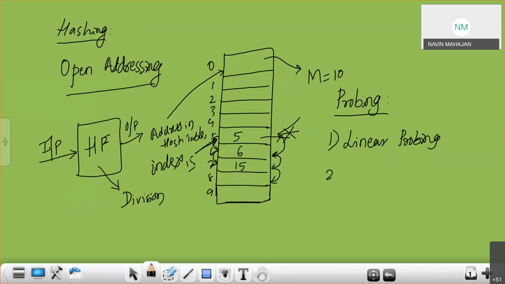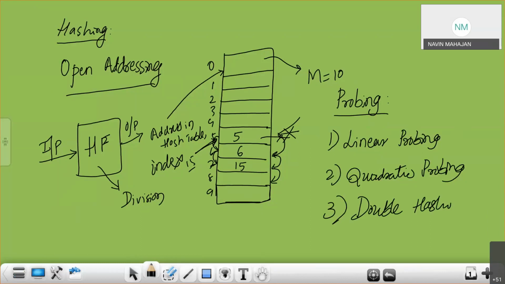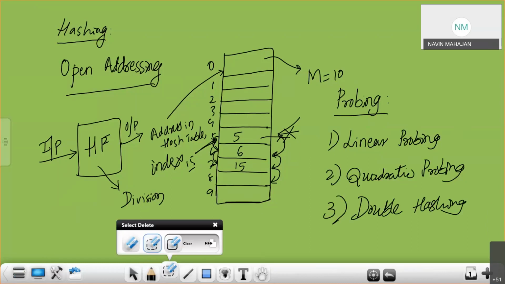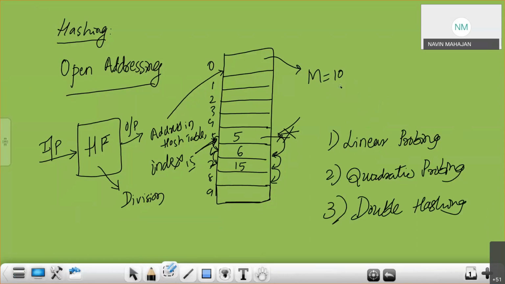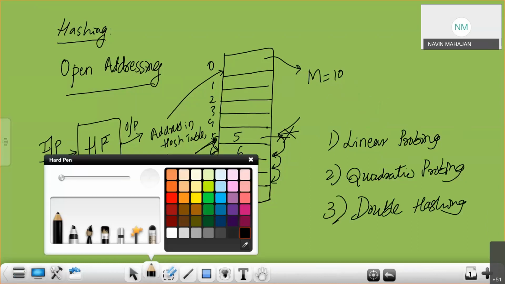Second is quadratic probing. And third is double hashing. So what are these? These are collision resolving methods.